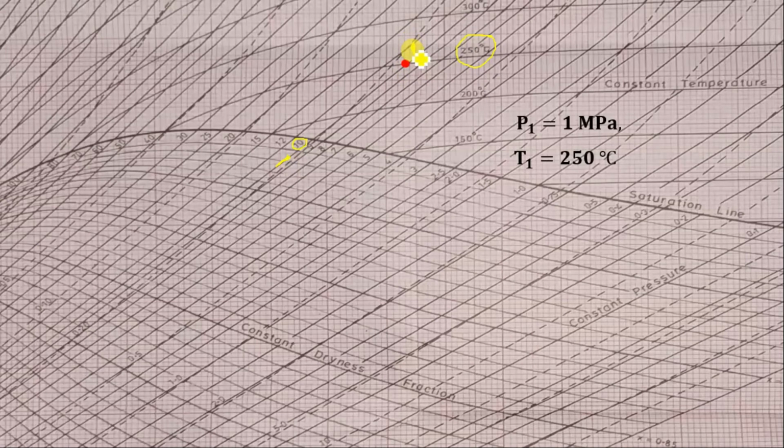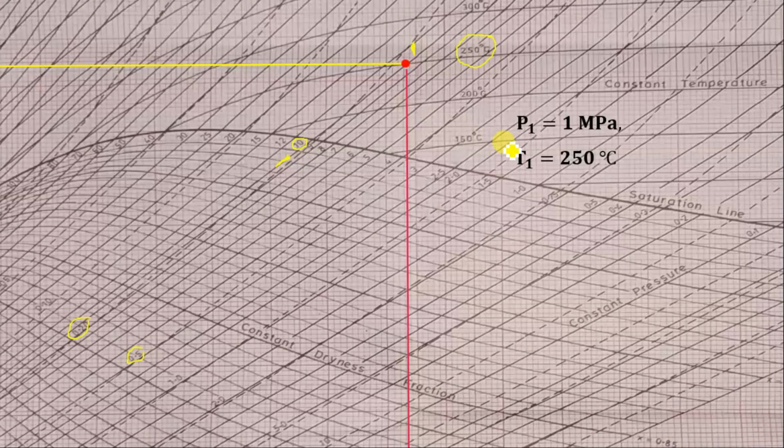The flow is isentropic. From state 1 we can find the enthalpy, because at this place we will have the enthalpy. The flow is isentropic, so entropy is constant: S1 is equal to S2, so we have to draw a straight line. Draw the horizontal line to find the enthalpy, and draw the vertical line to find the entropy at state 1. Specific volume you can see here, 0.2 we have, 0.5 we have, it is in between. I'll tell you how to find the specific volume.